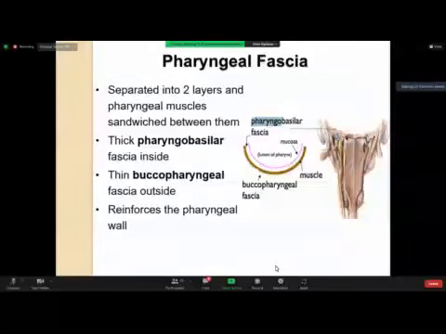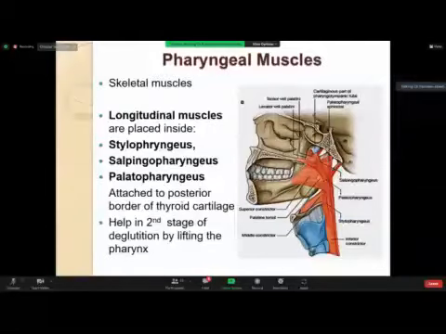Then comes the pharyngeal muscles। अब pharyngeal muscles basically divided into two main groups। We have longitudinal muscles and we have circular muscles, and all these are basically skeletal muscles। तो longitudinal muscles की बात करें, obviously direction of the fibers आपको बताता है कि muscle किस तरह के हैं। longitudinally arranged muscle fibers, these are stylopharyngeus, that stylopharyngeus pharynx को connect करता है with the styloid process। Then we have